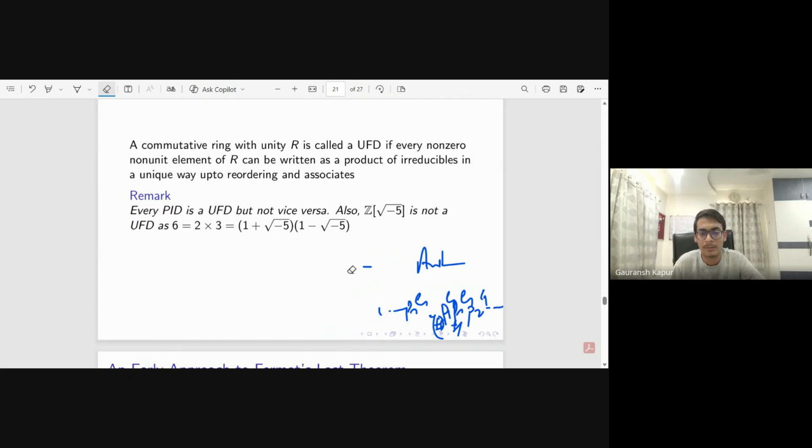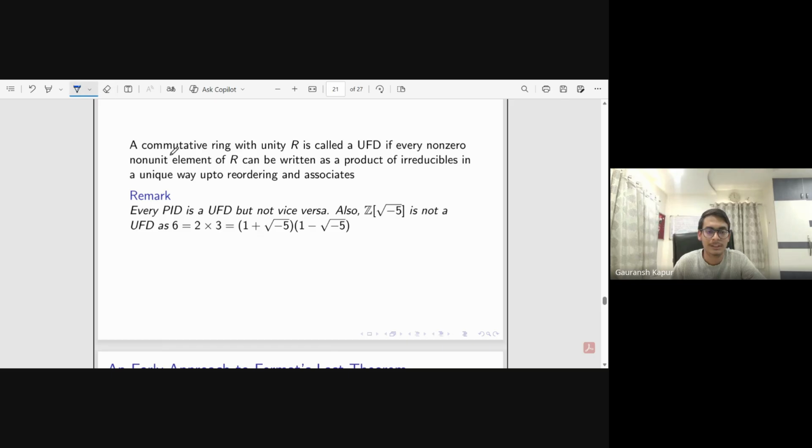What is also true is that every PID is a UFD, so every principal ideal domain, which means a ring in which every ideal can be generated by one element, is a unique factorization domain, but the converse is not true. And also, Z[root minus 5] is not a UFD, as 6 is 2 times 3,